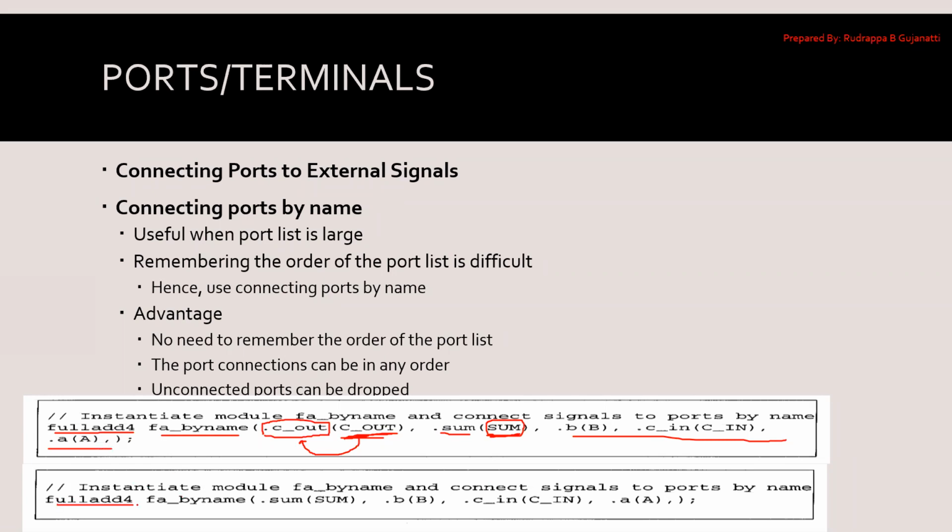This is another example in which he is passing by name. Here we have A, B, sum, and then Cin. Now you can see that one parameter is missing, Cout. It is not present in this case. So this is also legal and fine. That is, you can leave ports unconnected. This is also fine.